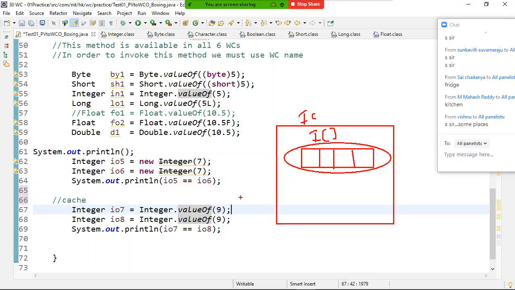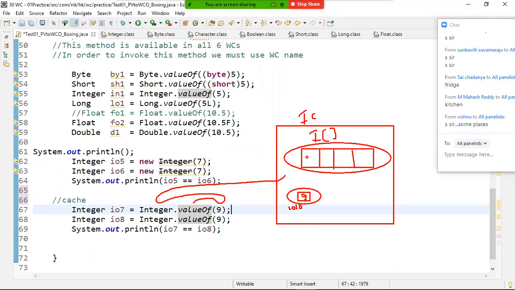Currently, tell me, do you have any objects here? The valueOf method will take this value 9, go to the Integer class, and go to the integer array object, searching for objects. Currently the array object is empty, right? How will it retrieve, with a for loop here? Currently empty. Then what will it do? It creates an Integer object with value 9, the value variable being 9. And the reference is, let's say, 1010.